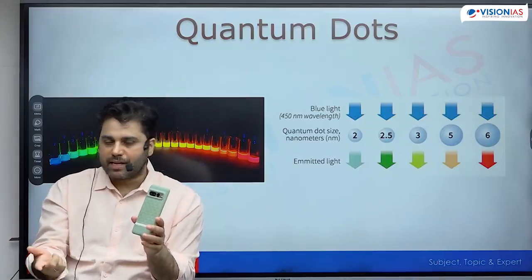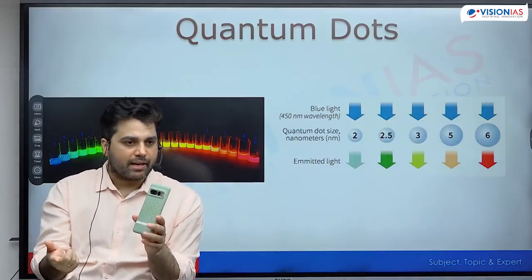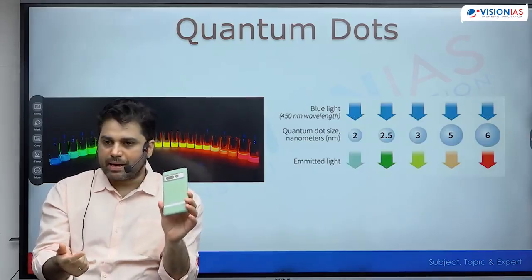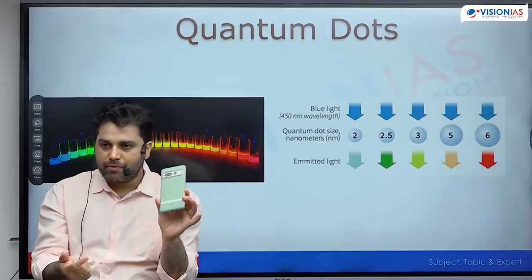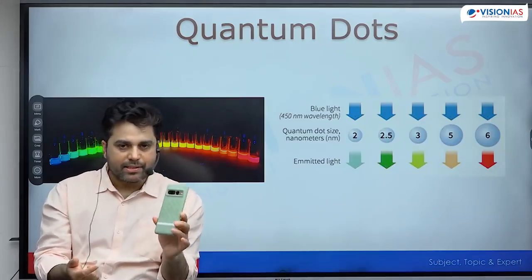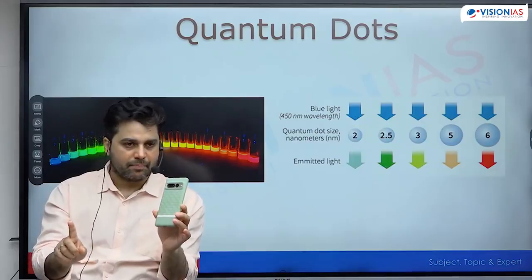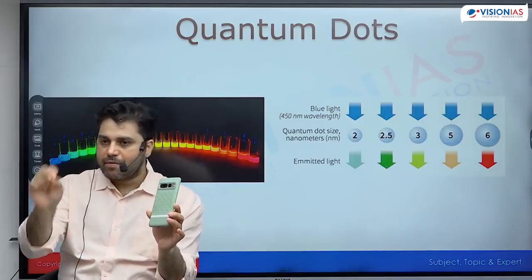The more number of transistors I have, the better computation I can have. So this mobile phone, despite such a small area, has a few billion transistors, and those transistors are of nano dimension as of now. So those transistors are hardly a few nanometers.